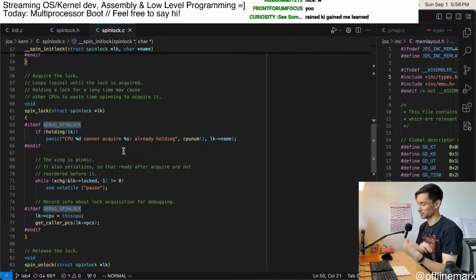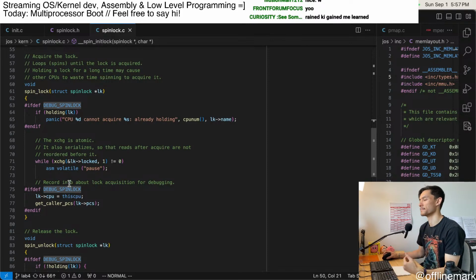And you do a busy loop trying to atomically swap a 1 into it. Okay, this is only for the debug, but yes, we would spin on trying to exchange a 1 in there,